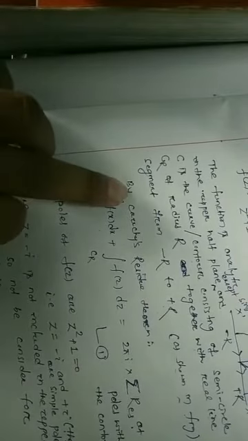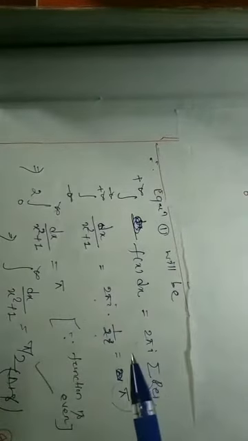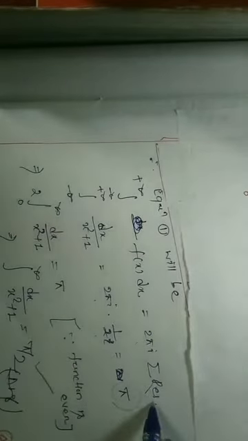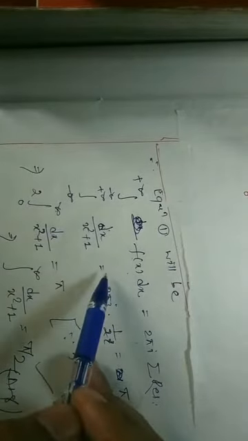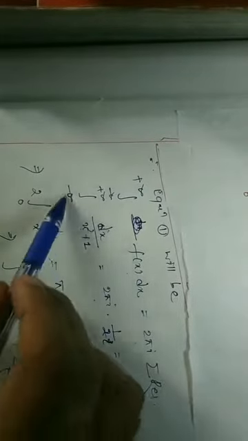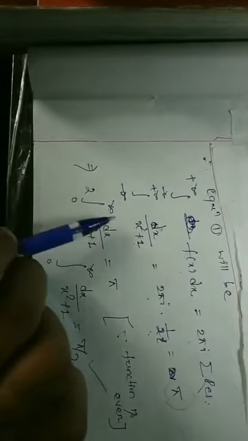So now equation number 1 can be written as minus R to plus R of f(x) dx, that is minus infinity to plus infinity of f(x) dx, plus that integral being 0, equal to 2 pi i times the sum of the residues. Here f(x) is 1 by x square plus 1, and the residue we found at i is 1 by 2i. The answer is pi. As the question is 0 to infinity, we have to find that out.